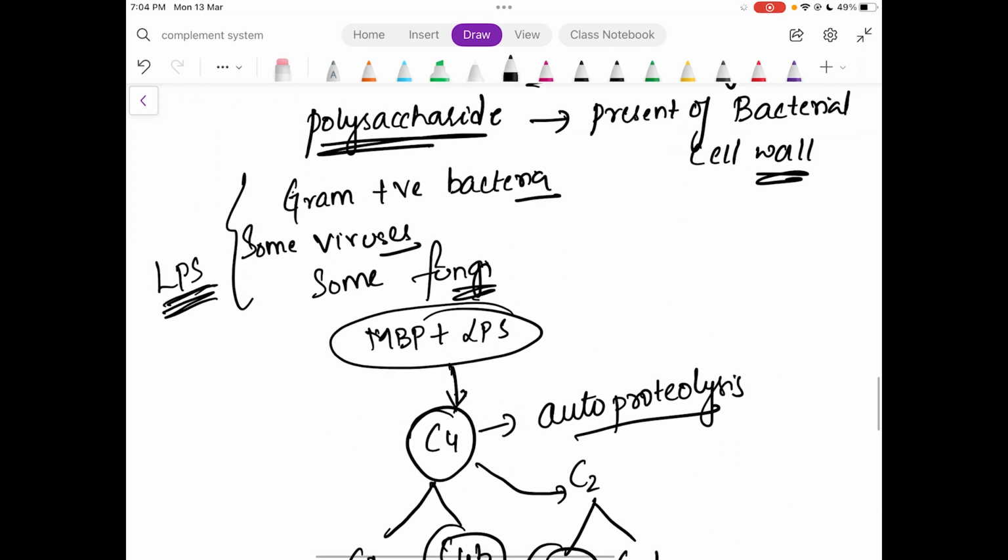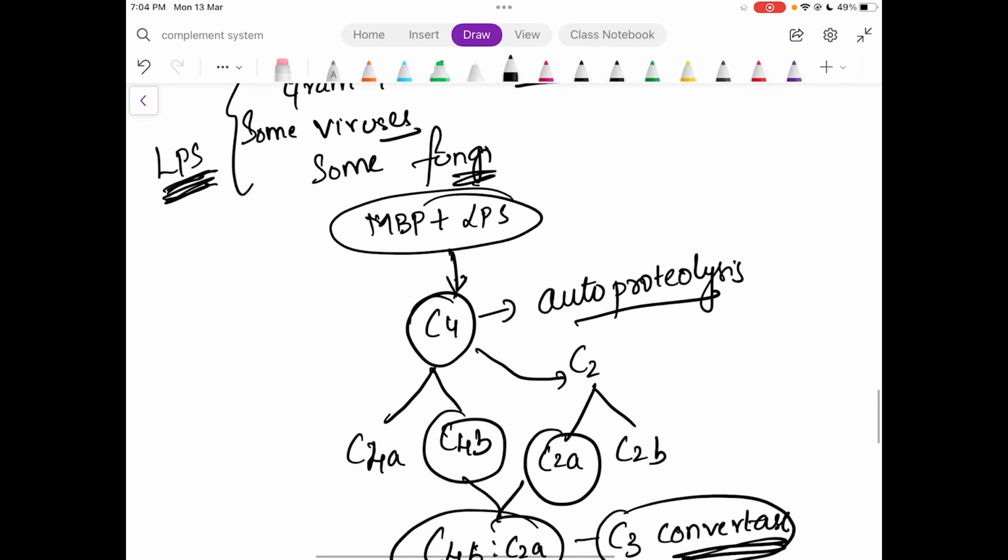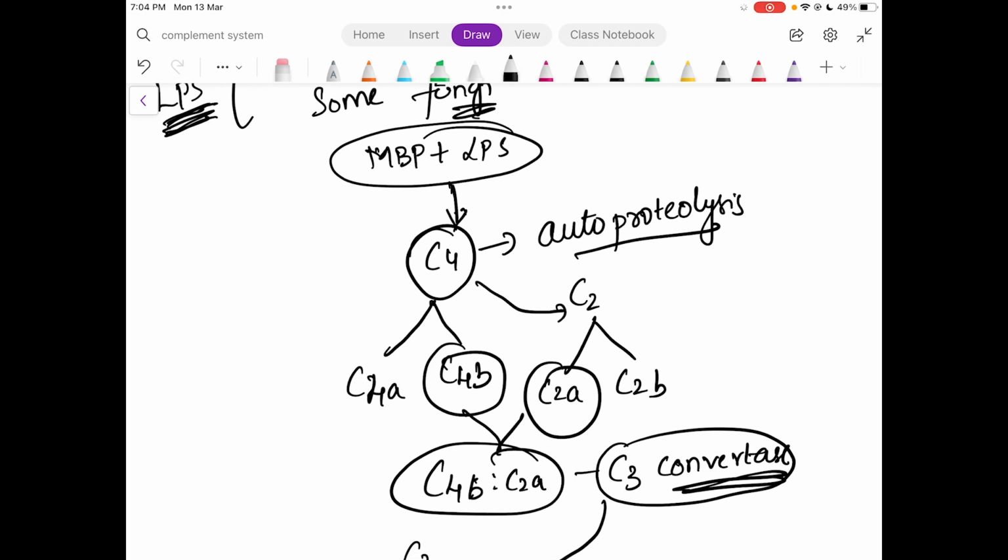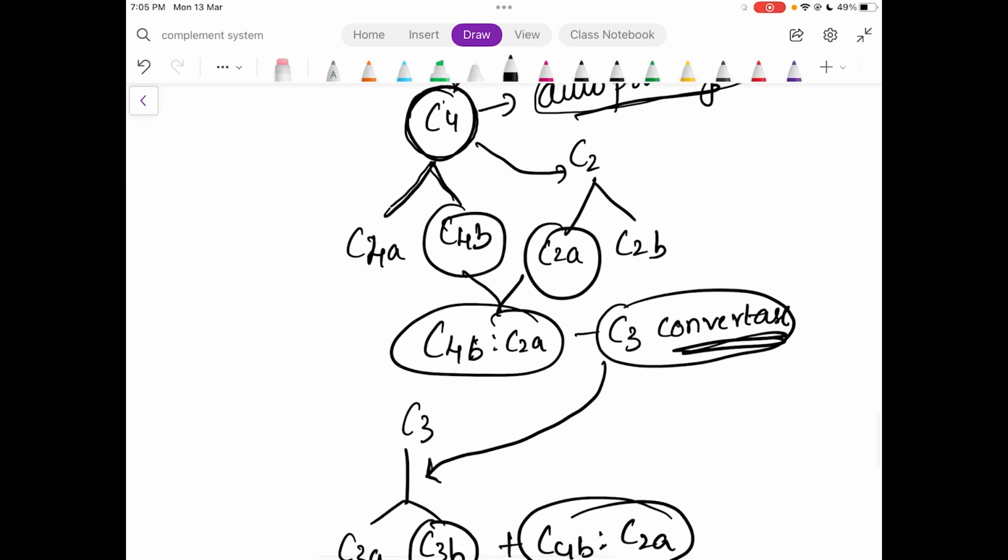Some bacteria will have lipopolysaccharide. In that lipopolysaccharide, mannose is a component. This mannose is identified by mannose binding protein. So they will combine with that and they will cause activation of C4. This activation of C4 causes autoproteolysis of C4 and it causes splitting C4 into C4A and C4B, C2 into C2A